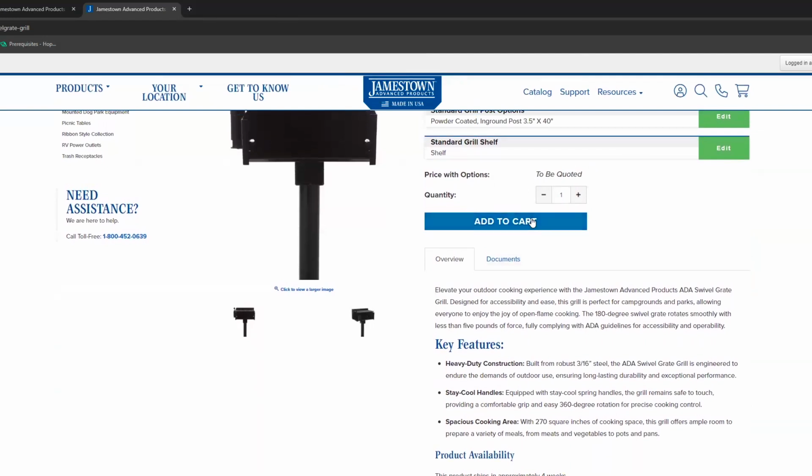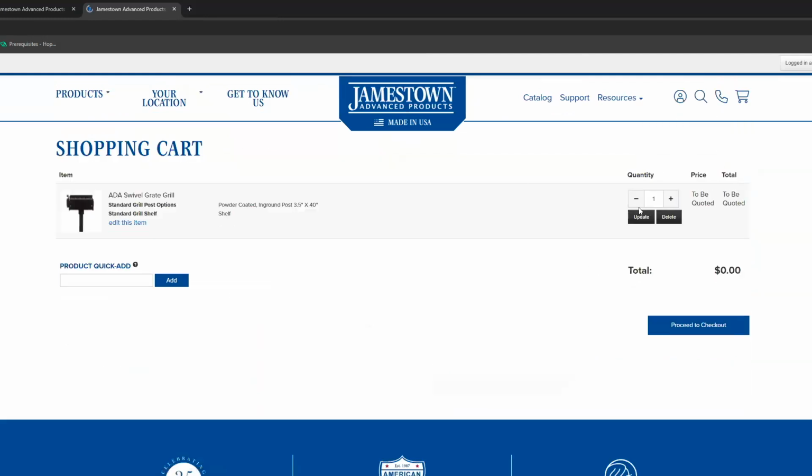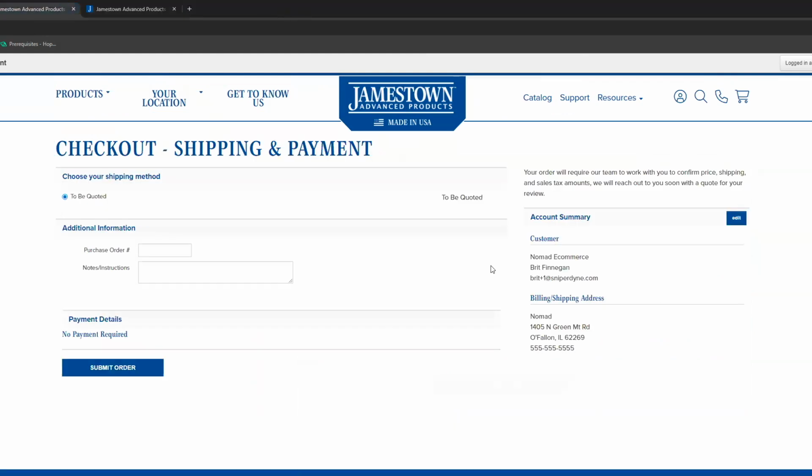a quotation process. So as a customer on the storefront, I can add this item to my cart. Nomad will suppress all the regular activities you'd expect for checkout. And when I hit the proceed to checkout button, it'll take me to a checkout shipping and payment page where it's very clear my process for this transaction is going to be creating a quote of the